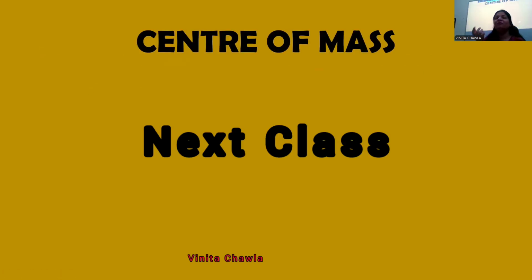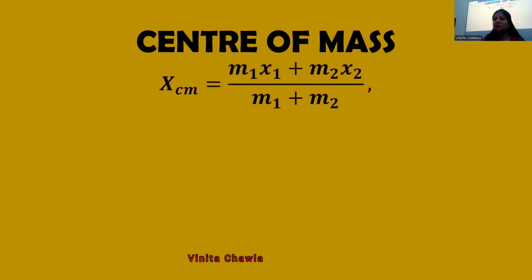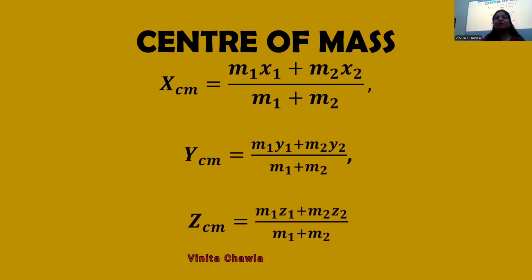Center of mass is the point where the whole mass of the object is supposed to be concentrated. And we can also find coordinates of center of mass. We can find x, y, and z coordinate, and these are the formulas. This is how we find it for a two particle system. And if we have n number of particles,